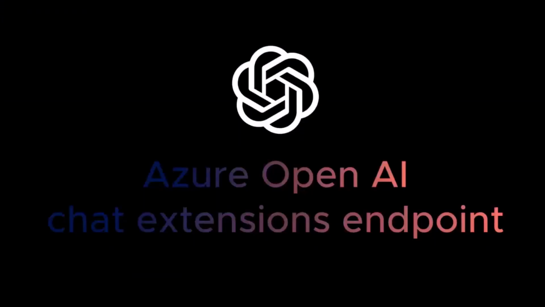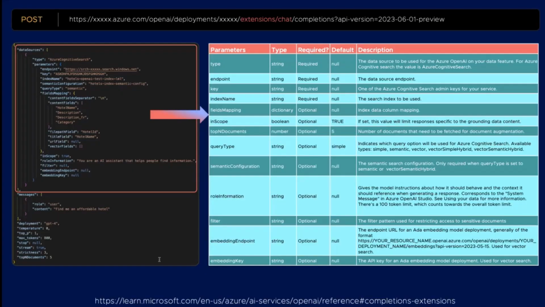So all of this is working by just running a query to an extensions endpoint in the OpenAI API. And that endpoint is extension/chat completion. So you need to do a POST request to that endpoint. And there's a data sources array property that you can configure with your data source. In this case, you configure the different parameters to connect to that data source: the Azure Search endpoint, the API key for the Azure Search, the index name, whether you have the semantic configuration or not, the different mappings, and so on.